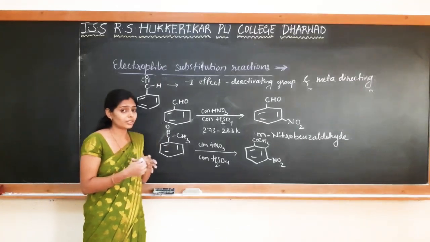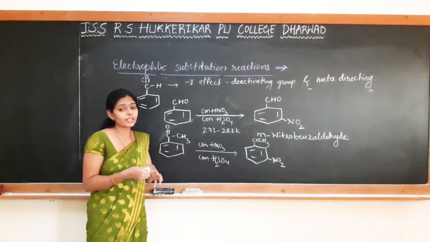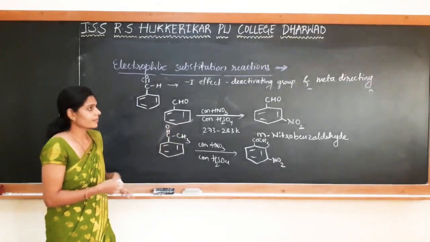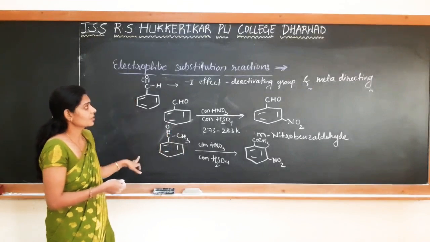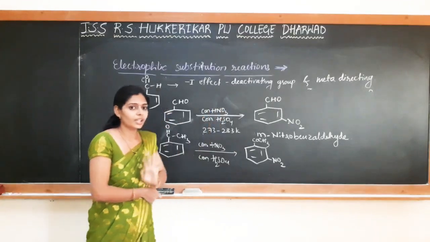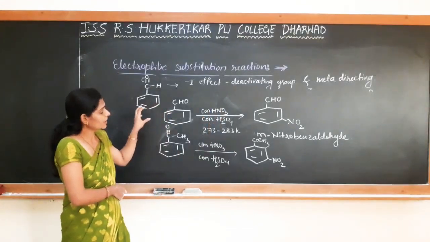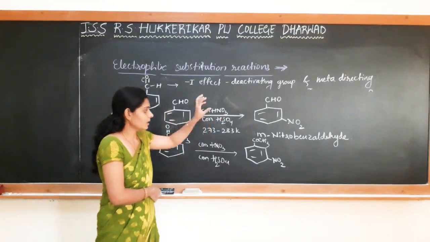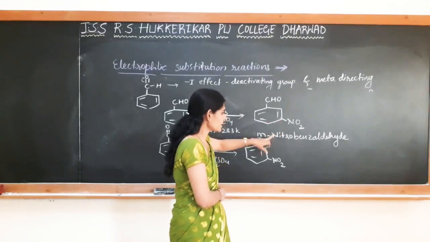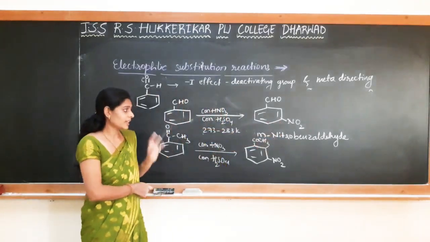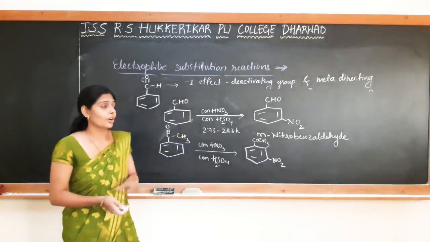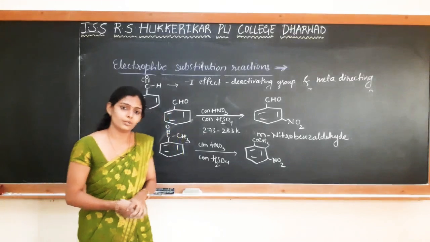Normal halogenation is difficult. Ring halogenation is difficult in the case of aromatic aldehydes. Okay, so remember these points. This is about the electrophilic substitution reaction. The CHO group is a deactivating, meta-directing group. So whenever we do an electrophilic substitution reaction, the electrophile attacks the ring at the meta position. We will be getting meta substituted aromatic aldehydes or ketones as the product. So that's about the chemical properties of aldehydes and ketones.